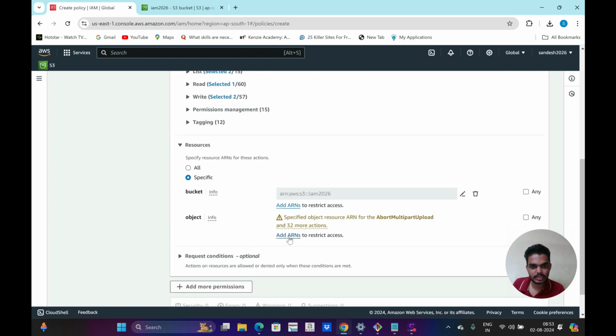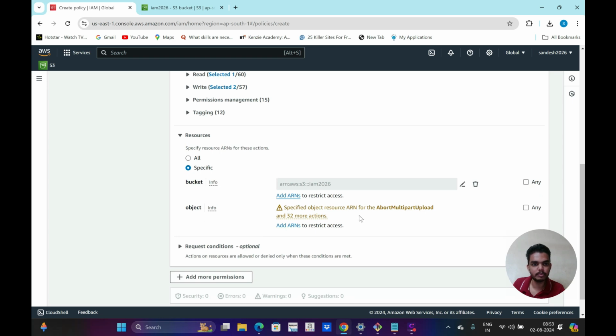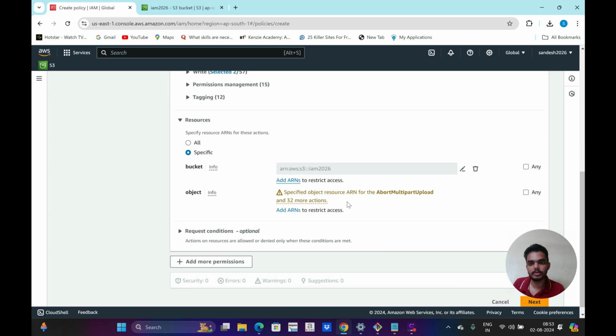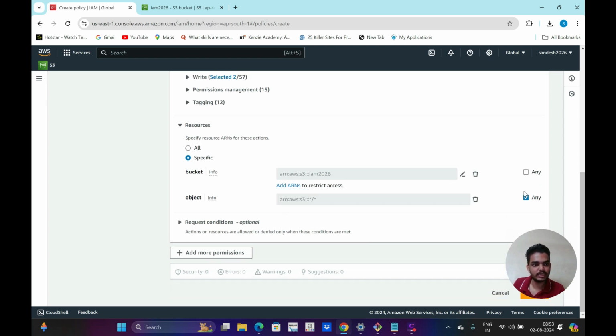And I can choose the ARN object also. In this bucket, which object they should have the access to. Now I can choose any. So managers will have the access for any folders. For developers, I will change that to only the development folder. Then conditions, I don't apply anything. Then I can click on next,